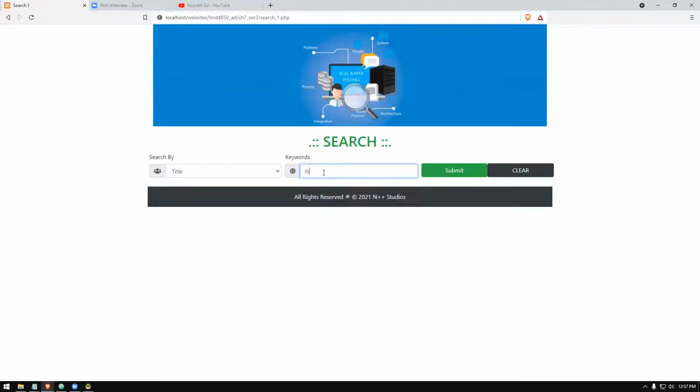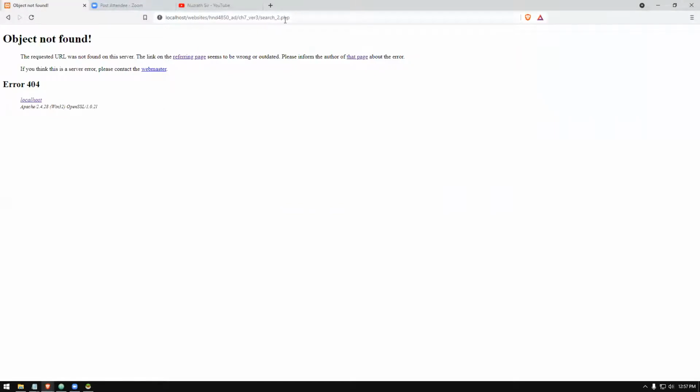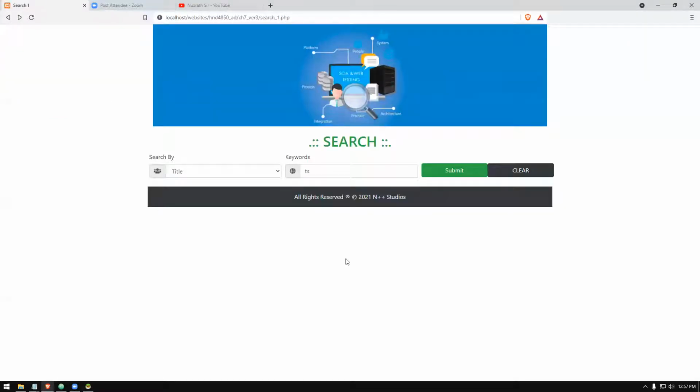Let's say test. So it goes to the search2.php. It properly goes there, so no worries, right? How I'm going to build my search2 page, I'll tell you that one also. When I search for the results, the search results are going to come down here. There will be a topic like search results and it's going to display here. But I'm not going to remove this form because each time I want to search, I can't come back to search1.php and search each time. In my search2.php file, I'm going to already have this search part, right? So bottom part only, I'm going to build it. So I will be back in a minute. I'm going to do that and come back.